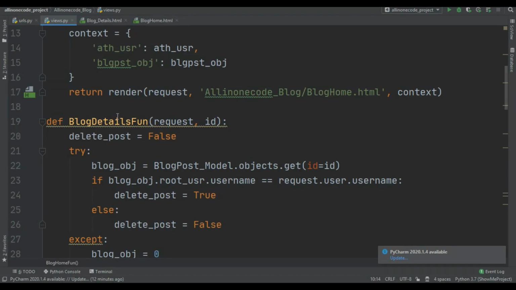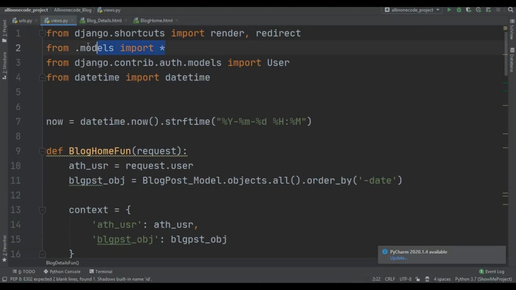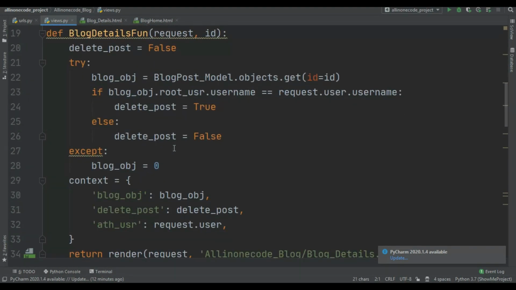Now let's just go in the blog details function. So there it is. Now in here in the try you can see I am getting the user blog model.objects.get id equal to id. Now this id I am from model import star. You can see from .model import star I am importing all of the models. So in here I just use the blog post model to find that particular id which user is selected.